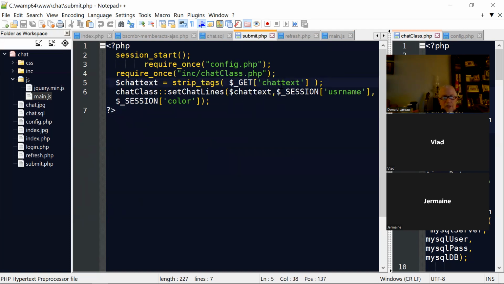So that's taking the chat text. It's taking the username from the session and the supposed color from the session, and something got bugged in there, and throws it all back into the MySQL database